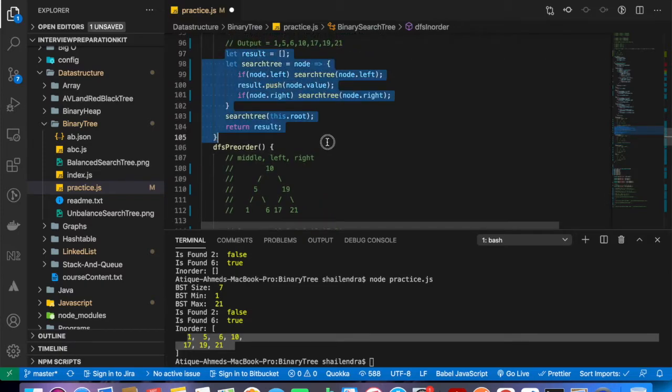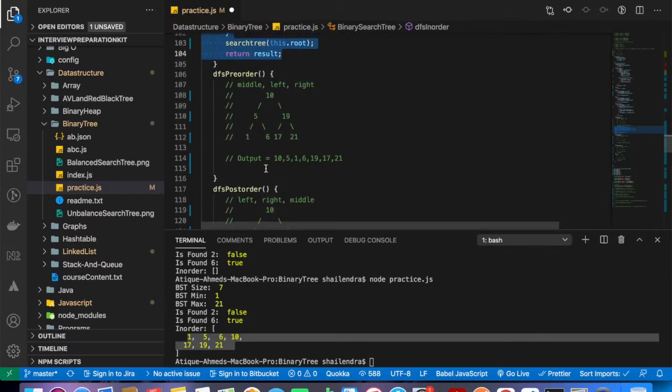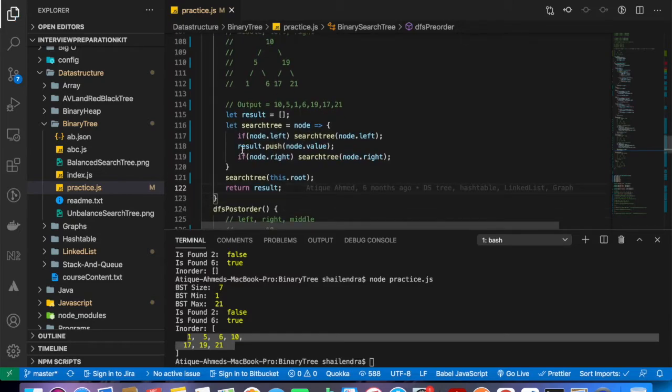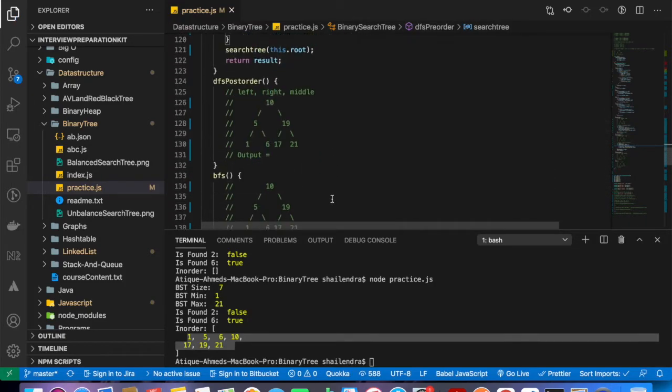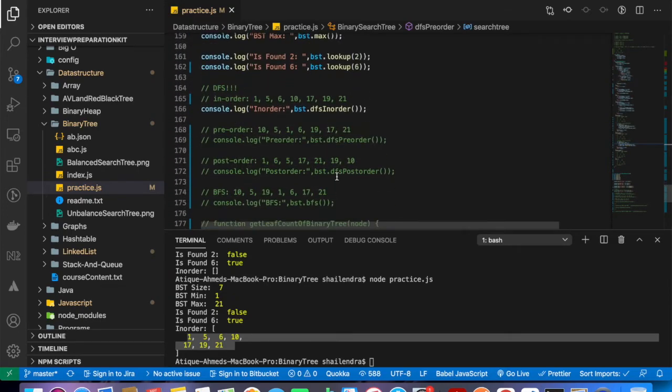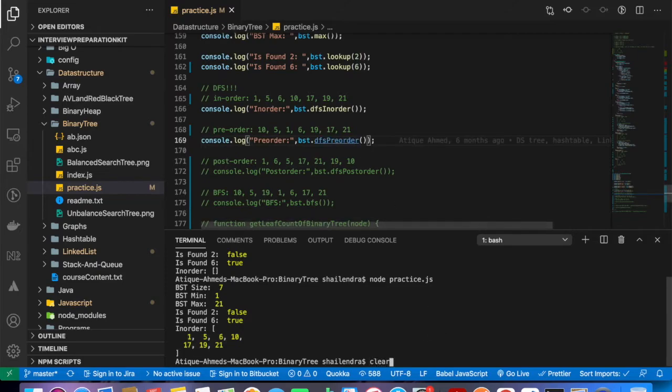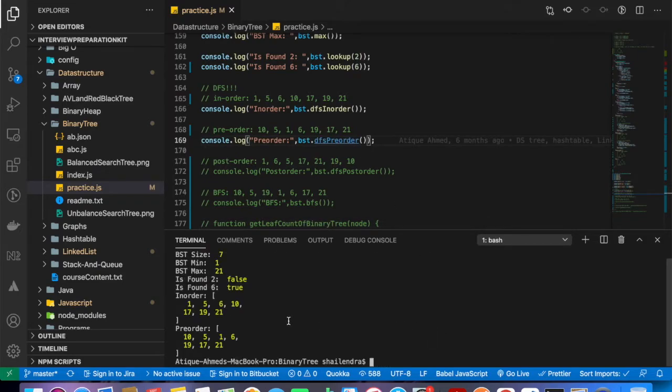So I can copy the entire block and paste it here, and I can cut this line and paste it at the front because it will be middle, left and right. If I comment this out, clear the screen and run it once again, you can see that I got pre-order, which is 10, 5, 1, 6, 19, 17 and 21.